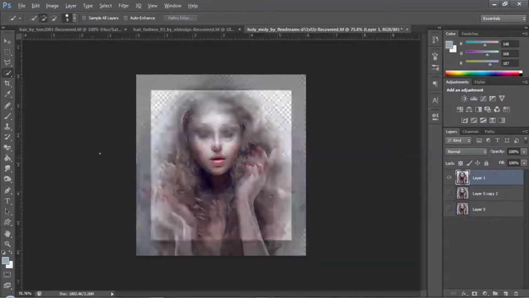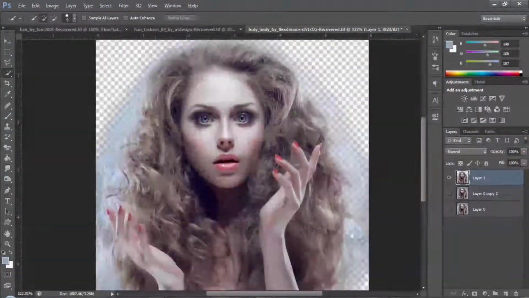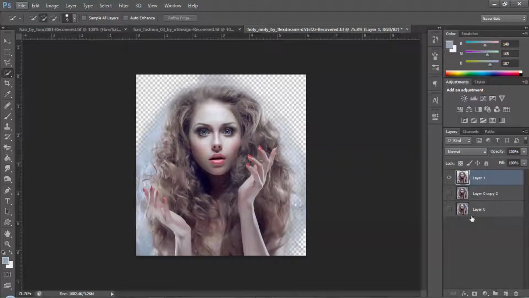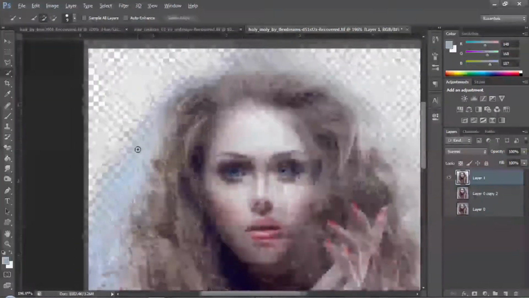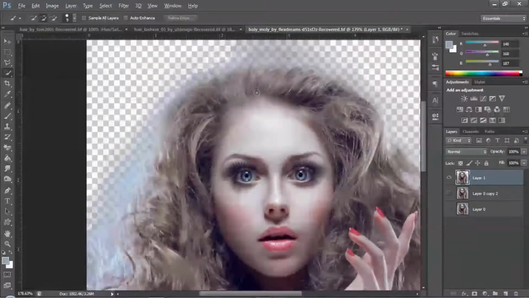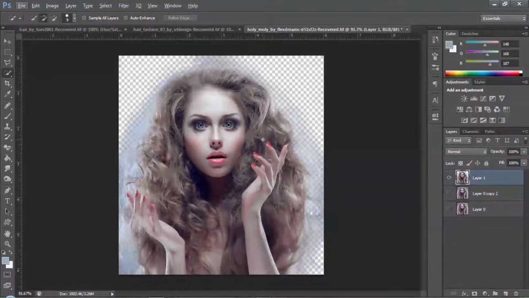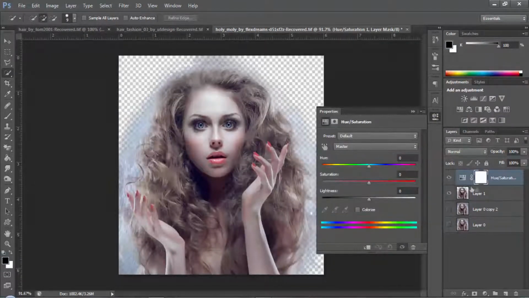So if you hide, you have been selected from the background. If you still look at that image, we have refined all the things, but it's still selecting the crayon light, a little bit bluish. So how to get rid of that? I tried many ways, but now I found the easy way is hue saturation.